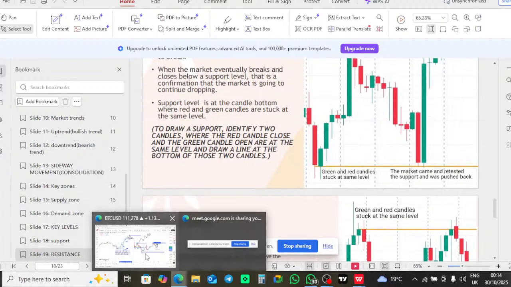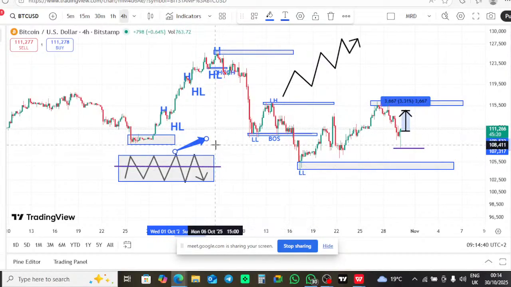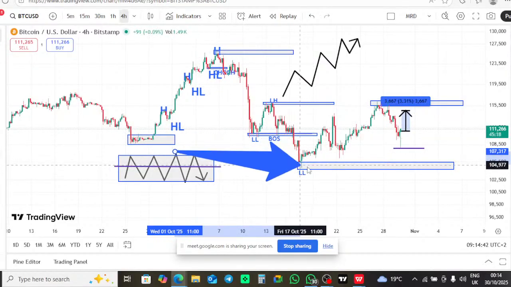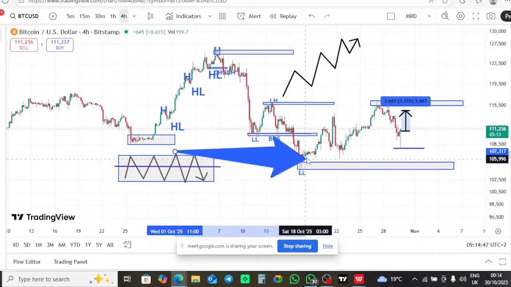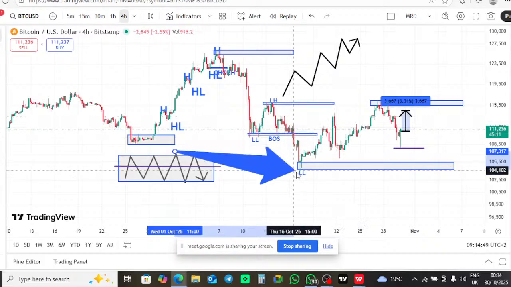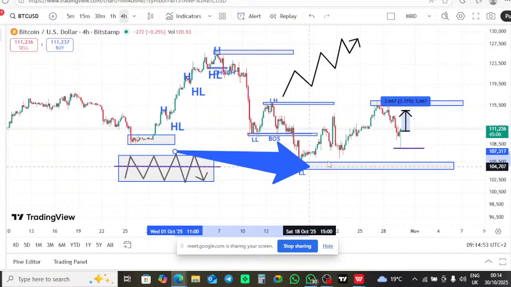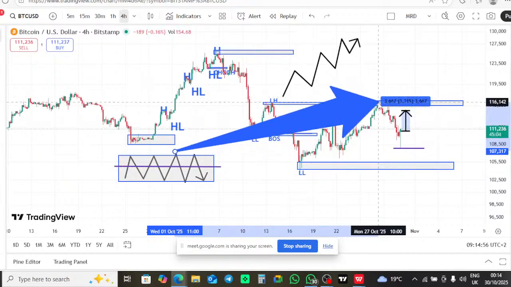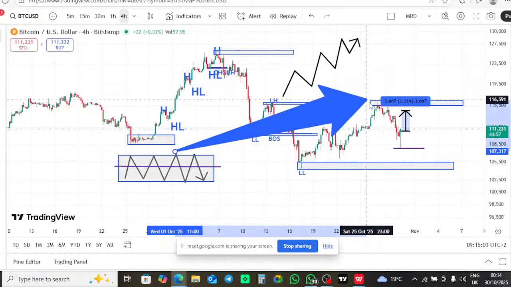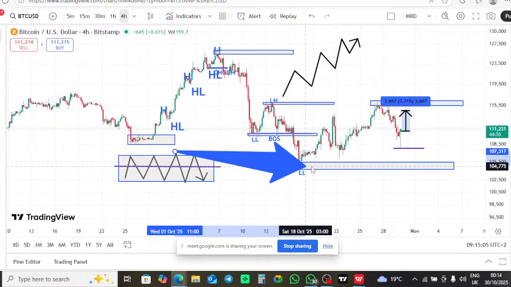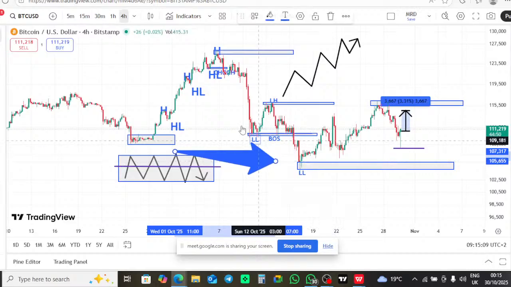Now the support, you can see it here. I have clearly shown you the support. Now here, this one is a support. The market respected this area, it changed the direction. Therefore, this one is the support. Are we together? And now, this one is a resistance because the market had respected this area and it dropped, meaning it is a resistance. You can also call it supply, and you call this one demand, and you trade. Are we together?